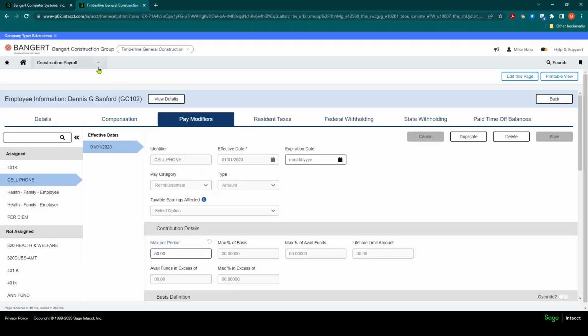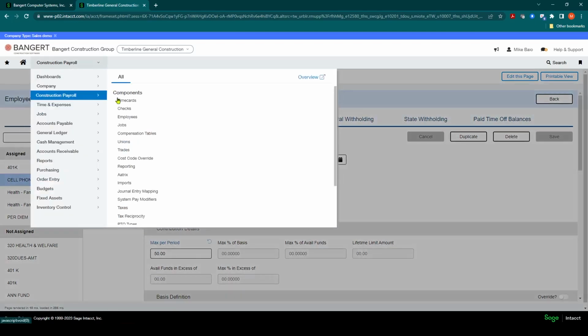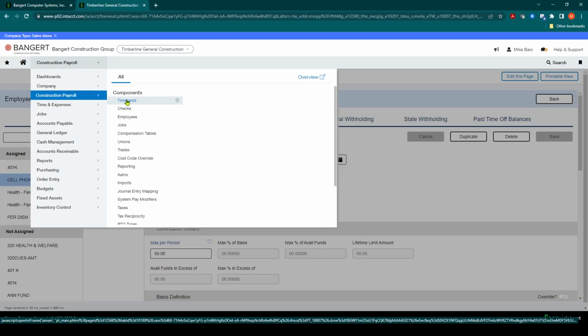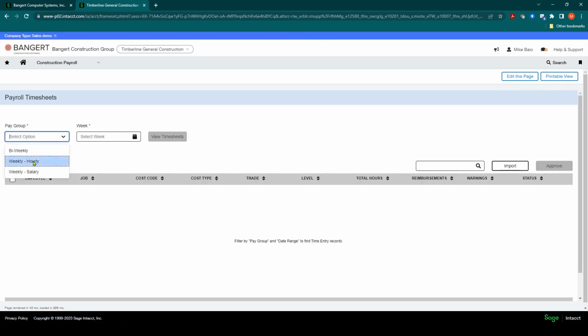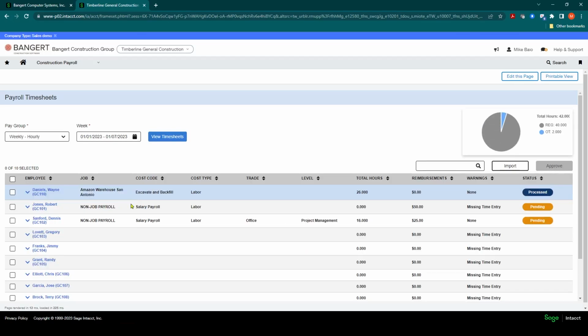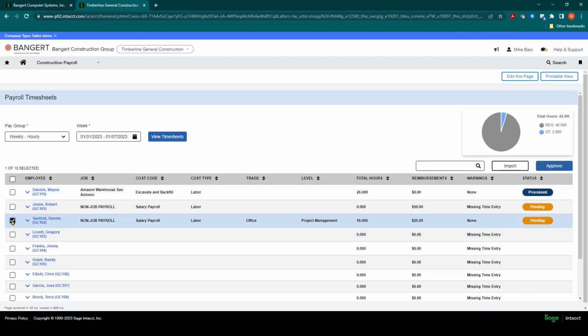And now what will happen is if you go and process that payroll, you don't have to enter the reimbursement for that week like we did in the first scenario. So if I go into weekly hours here and I select the week ending for January 7th, and I view the timesheets, I'm going to approve that time. So I'm going to approve Dennis's time.